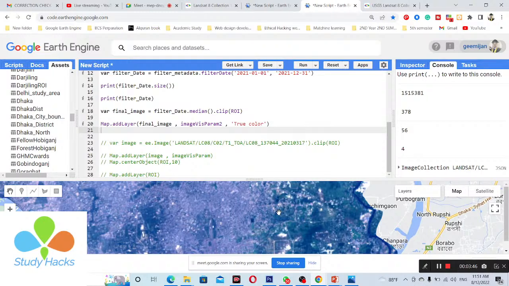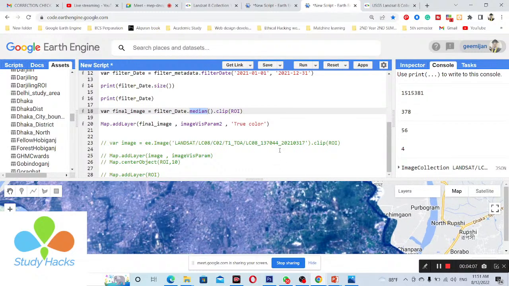If you want, you can also use the average pixel value, then we need to use here the mean. Okay, then it creates the composite using all of the images which I want to get in here, total 4 images. All of the 4 images create the average pixel value and fill up this space. Okay, then we can get the result. But if you want, you can also use the single image for your research, no problem.